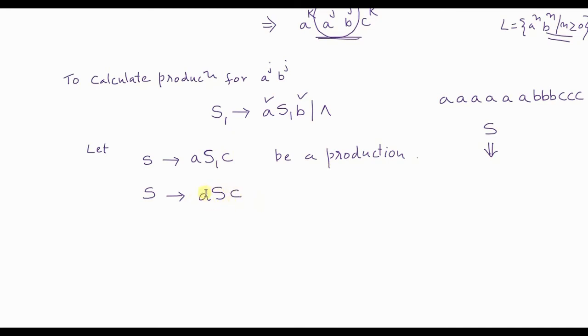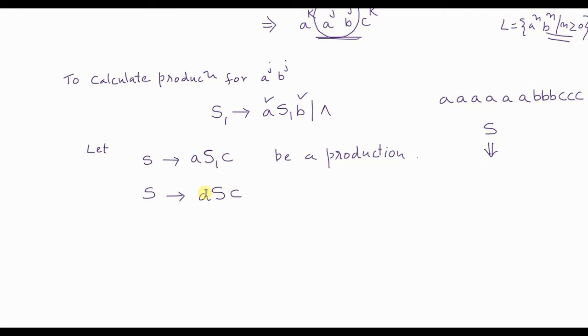Remember students, there is no hard and fast formula or rule for how to design these productions. I am solving this example just to show you that this is all a trial and error method. So you have to take examples and trace. Try, and only then will you realize how the production should be. There is no formula, it is only observation and trial and error.